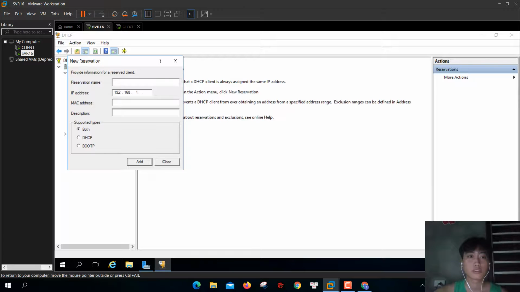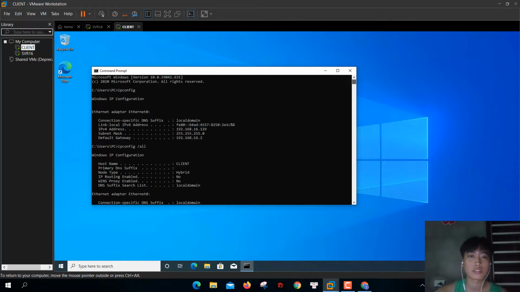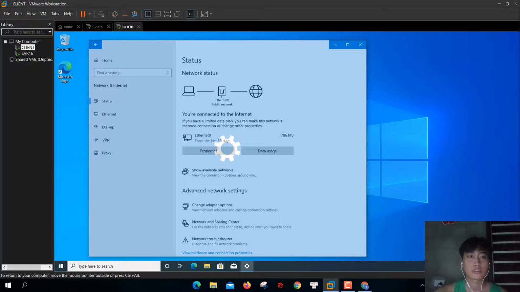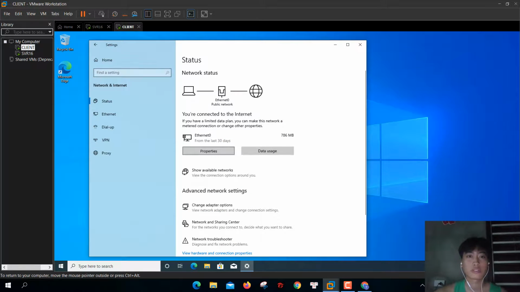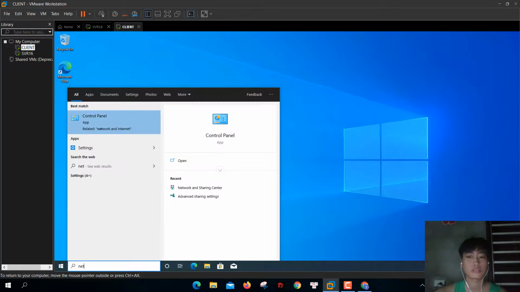And back to server, click in IPv4 and create new reservation. In reservation name, we type client and IP address is 192.168.1.50 and we choose this client window to check the MAC address